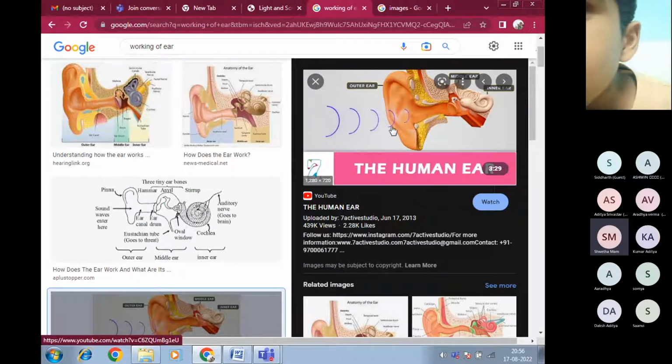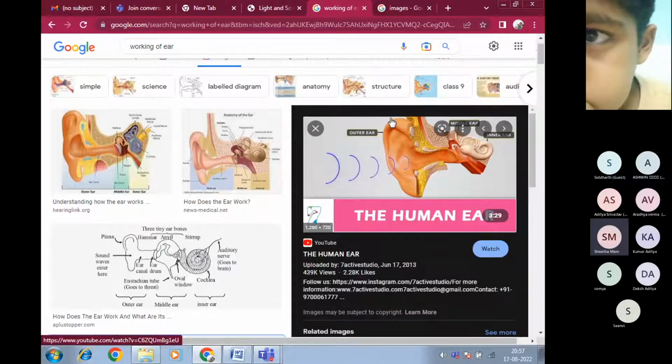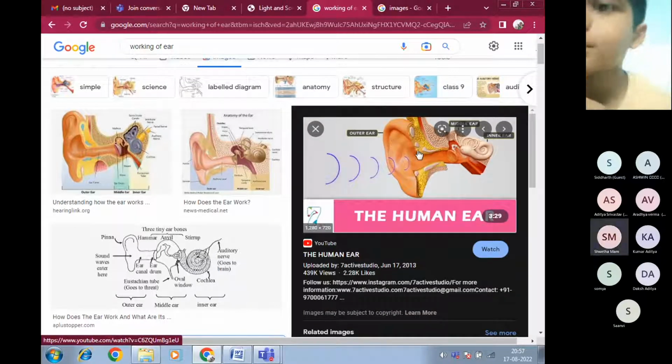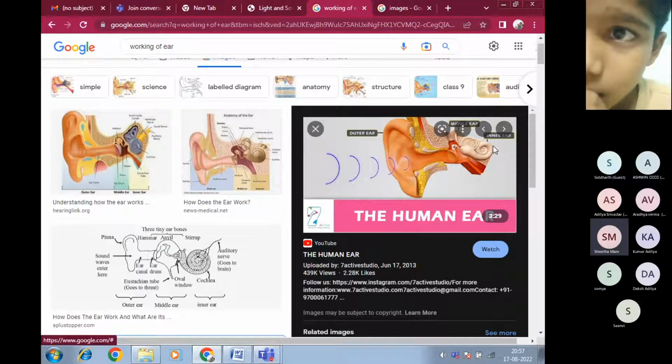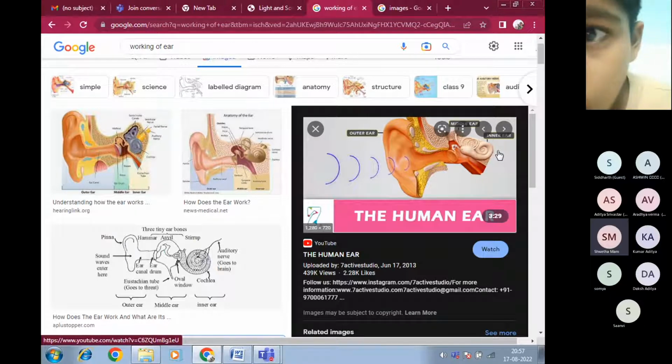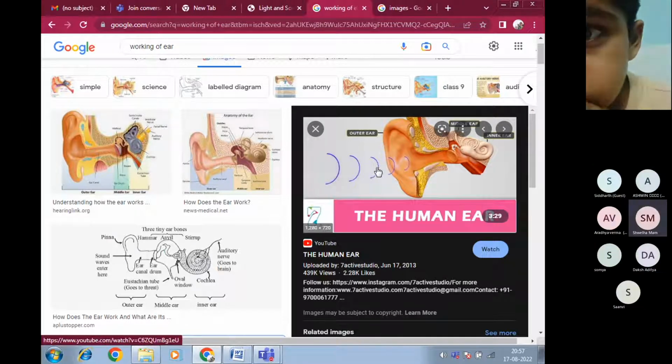Whatever you are seeing outside, that brown or white color depending upon your skin color, you call it the outer ear or pinna. You have three types: outer ear, middle ear, and inner ear. Whatever sound enters,